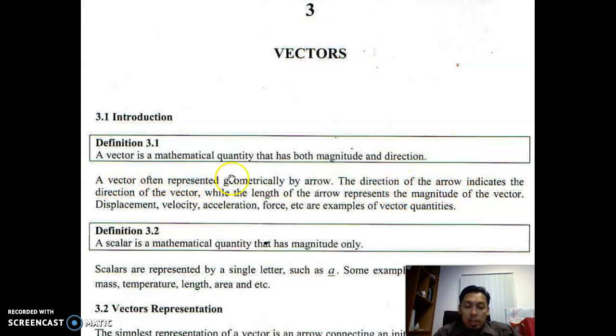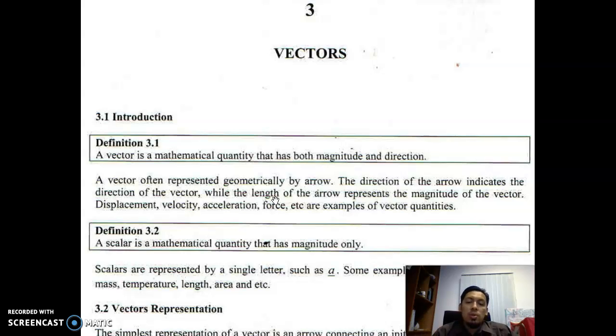So basically we represent a vector with an arrow, right? Just like what I showed you before in our previous chapter. When I want to show you a vector, I will show you a graph with an arrow within it to represent the vector. So why an arrow? Because vectors have a direction. That's why we need to have an arrow. Examples of vectors are displacement, velocity, acceleration, force, all of the mathematical quantities that have both